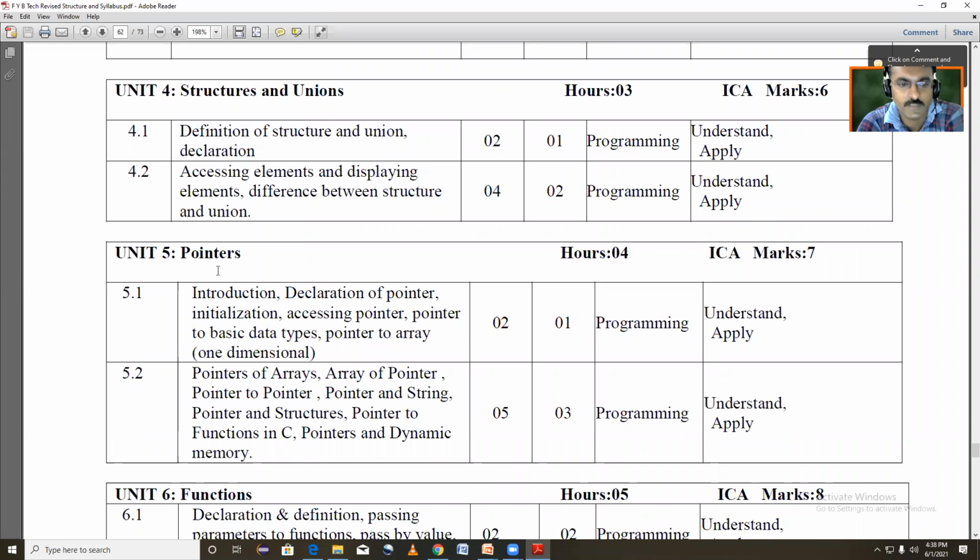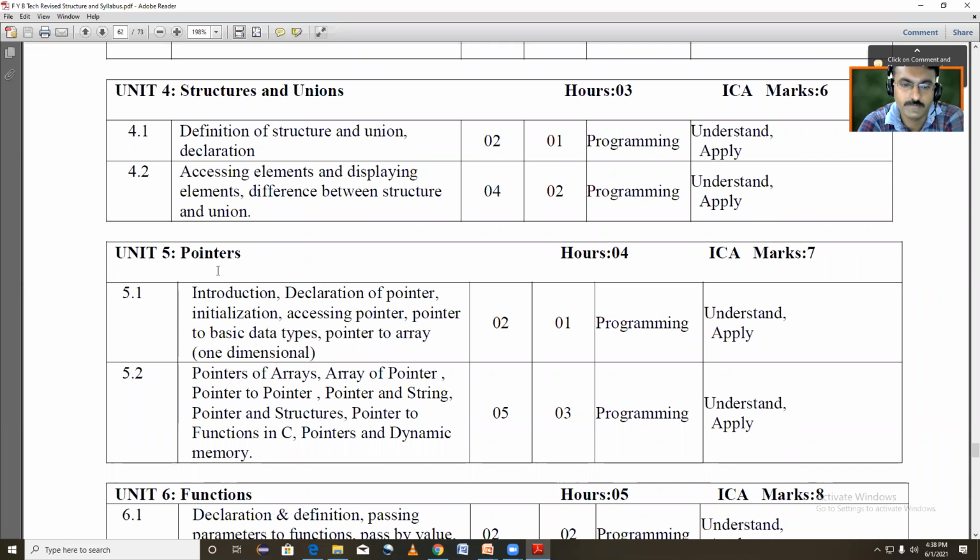Next line, write down introduction, declaration of pointer, initialization,